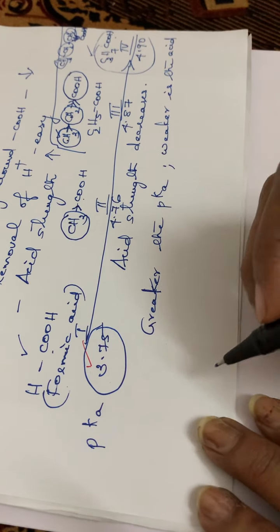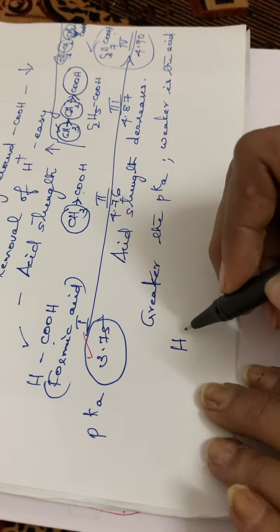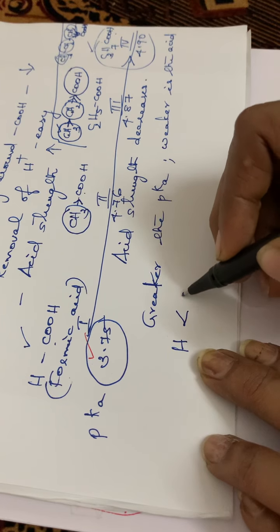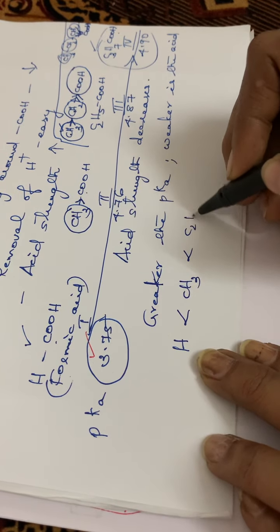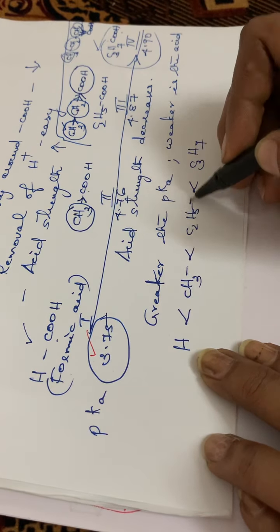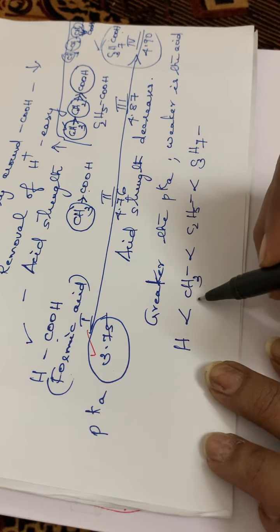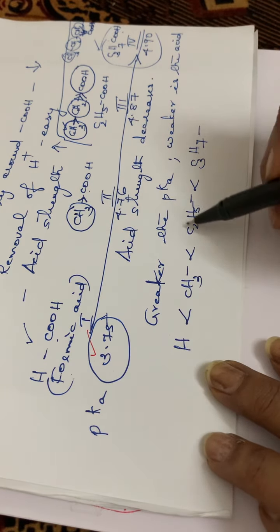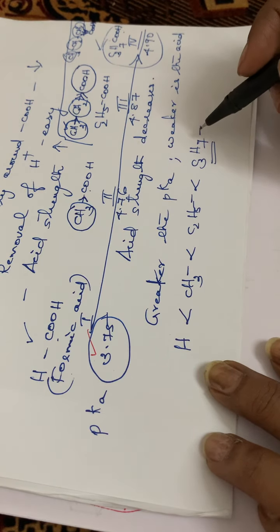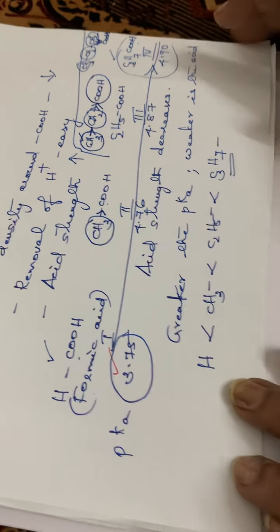And also the acid strength: if an H group is attached to the acid group, it will have the greater acid strength. Then comes methyl group, then comes ethyl group, then comes propyl group, C3H7. Okay, likewise also the acid strength. So if a methyl group is attached to an acid, it will be more acidic while comparing with that of an ethyl group. Okay, so the least acid strength is in the case of butanoic acid. Okay, then the next example.